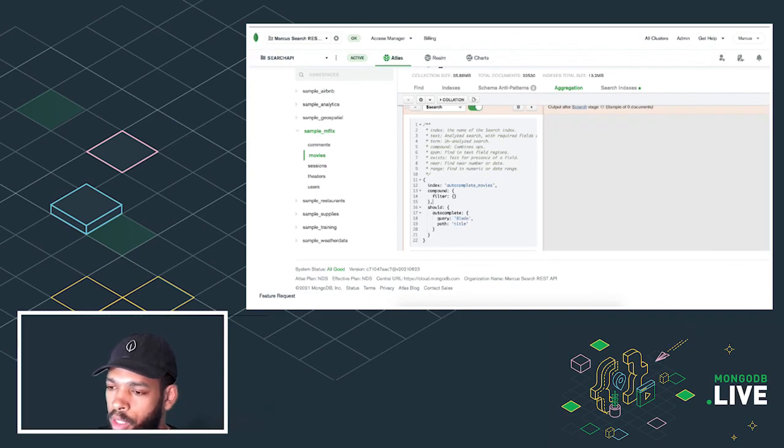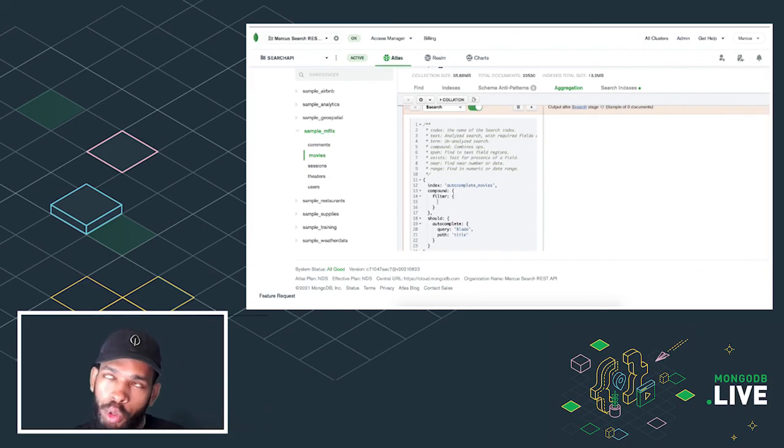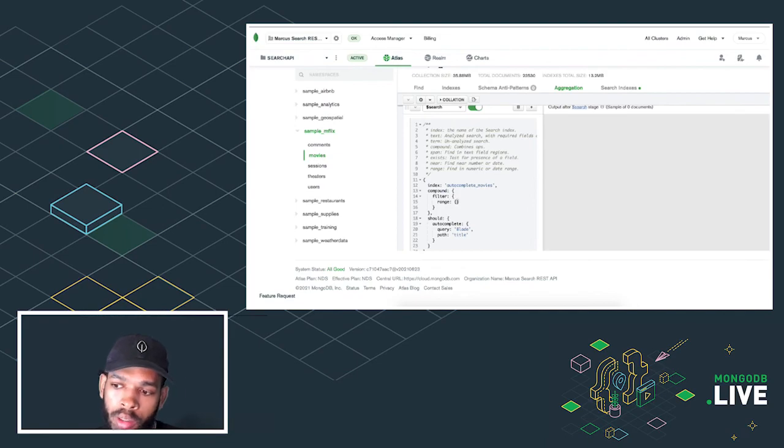So we can still read it easily. And this filter, we'll use the range operator, which takes less than, greater than, or less than equal to, greater than equal to, in the path.